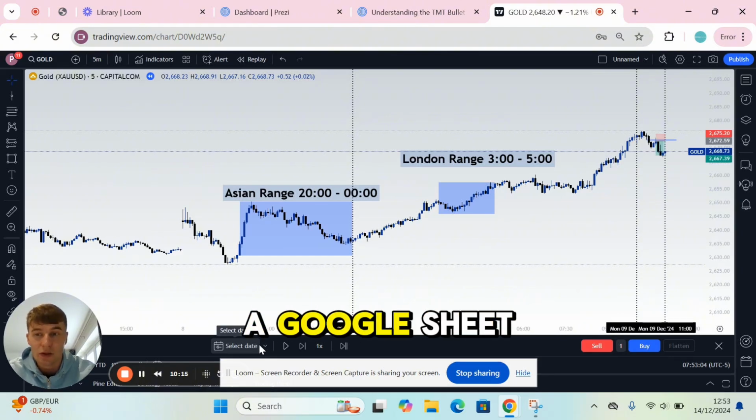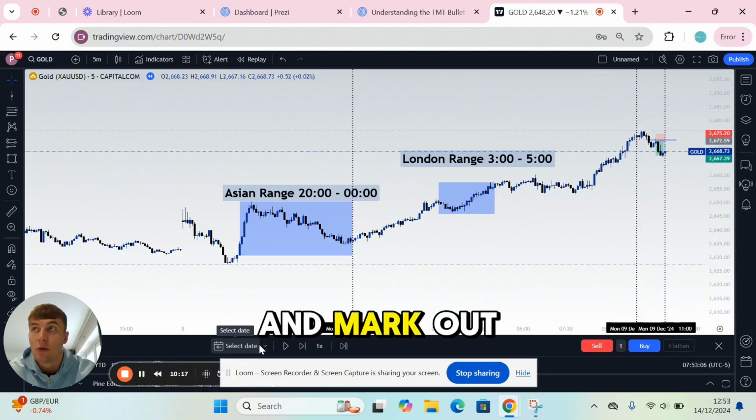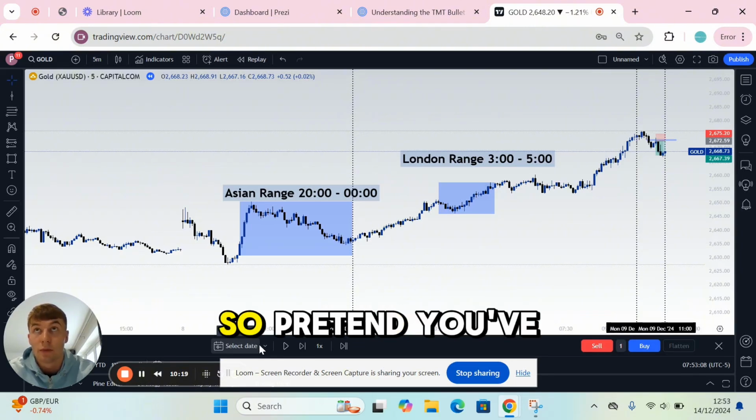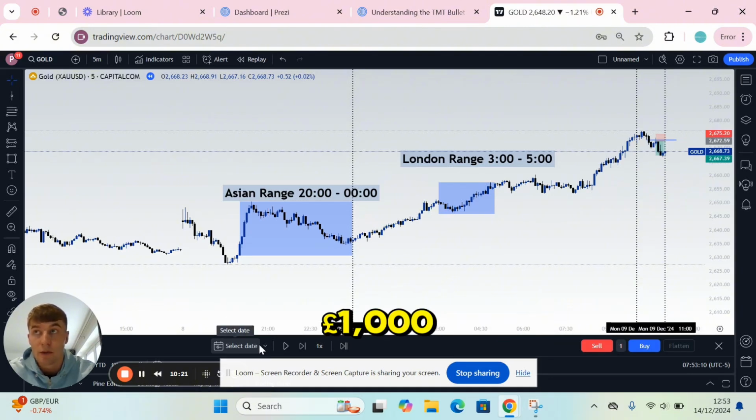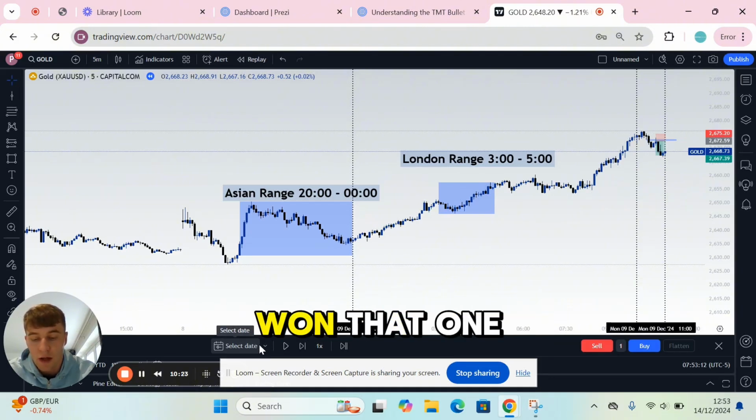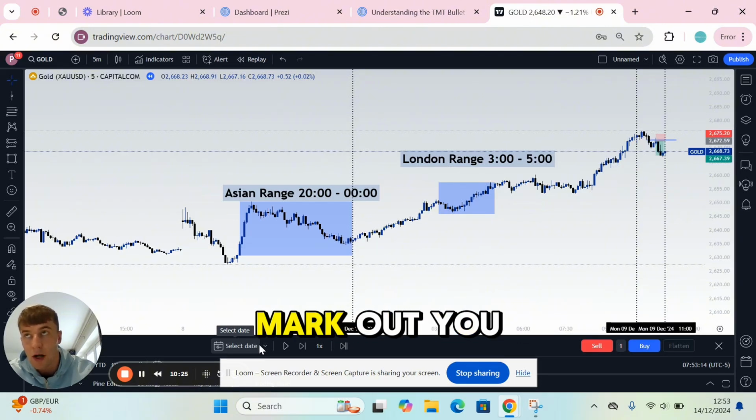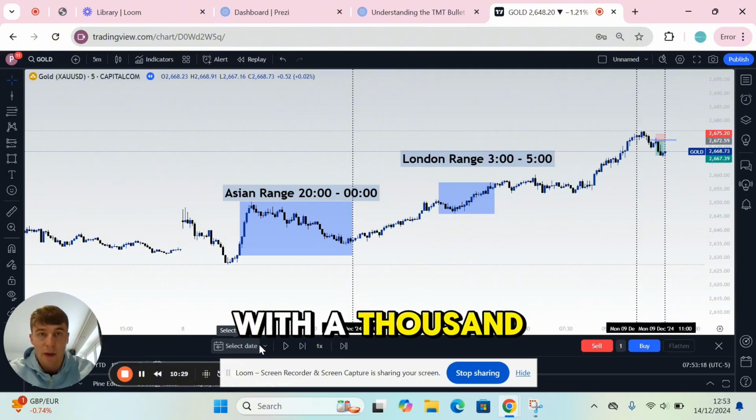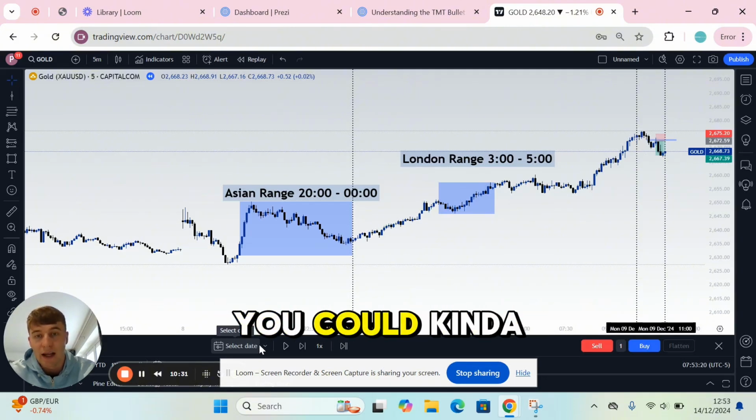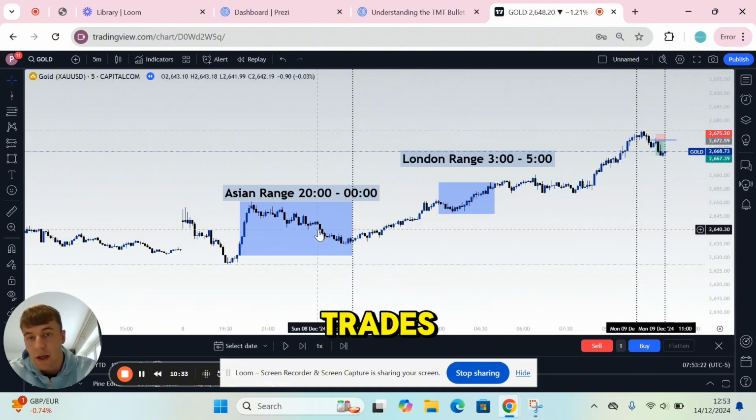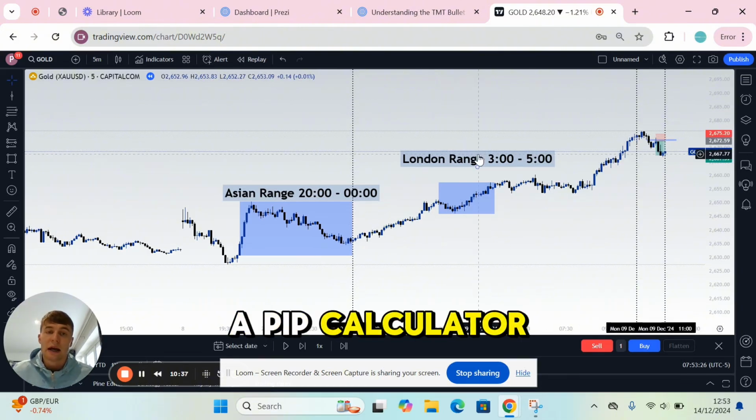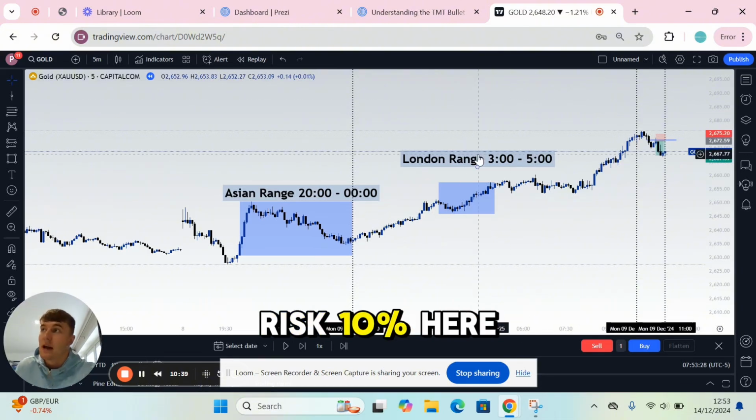And then get a Google Sheets or something like that and mark out your trades of what you would do. So pretend you've started with £1,000. Mark out your trade, right, won that one, hit stop loss, won that one, mark out your win rate, and then you could work out from there. If you started with a £1,000 account, you could look at some of the trades and mark it out on a pip calculator, and you could see, right, I'm happy to risk 10%, say, I'm